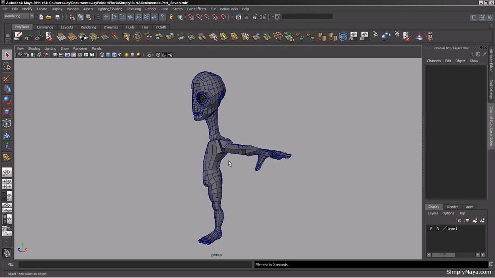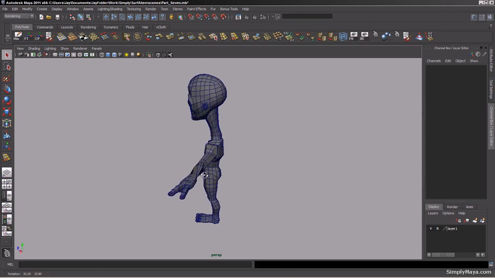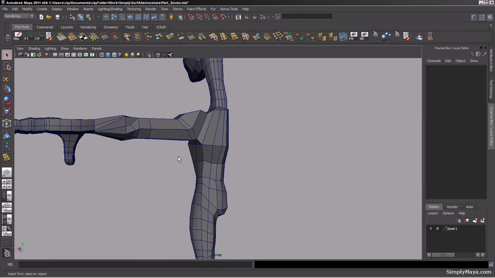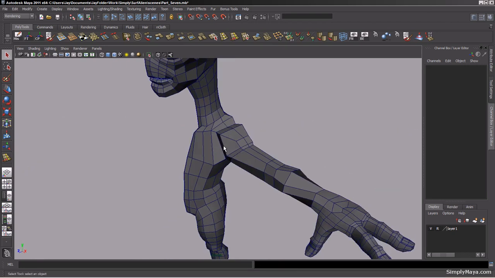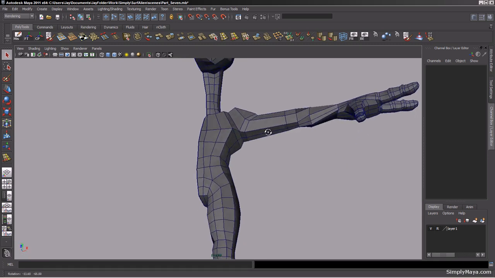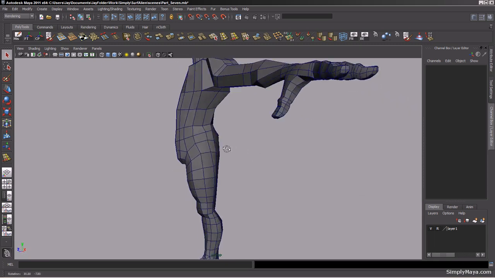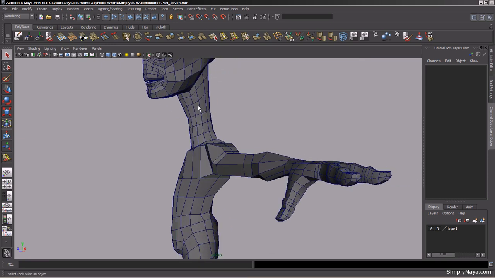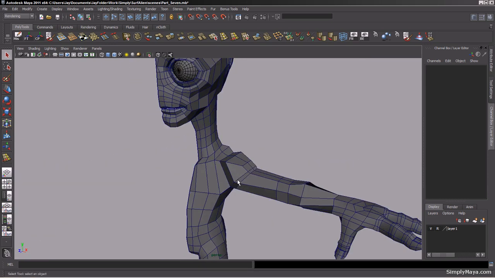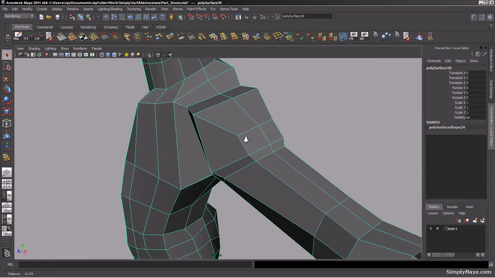I said we're going to go up and do the body, but I think we can finish the arm off first, and then we'll work on the body afterwards, because I want to add some extra geometry here to help with the arms and stuff as well, and along here. Then we'll jump into the body and hopefully start to refine all this stuff in the next section. Okay, so let's jump straight onto the shoulder,